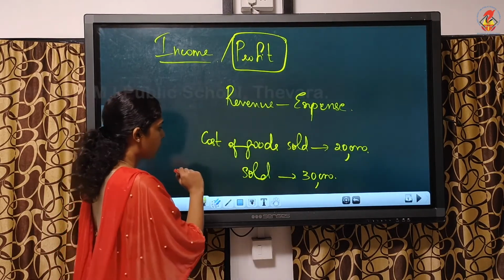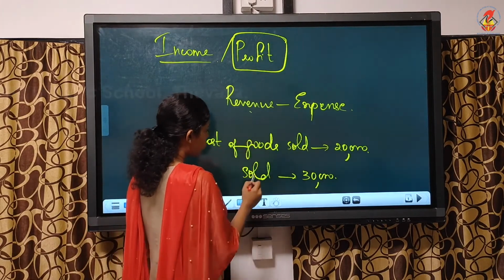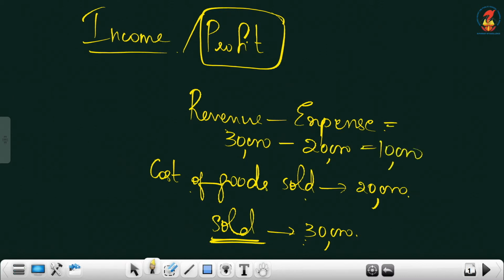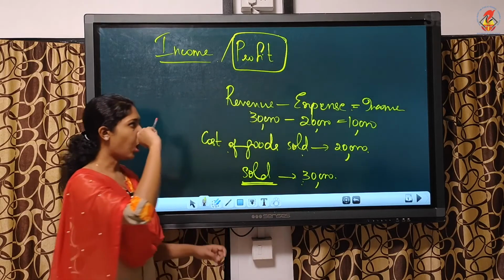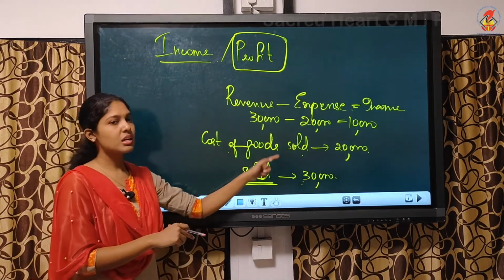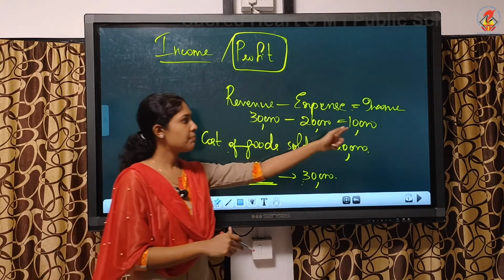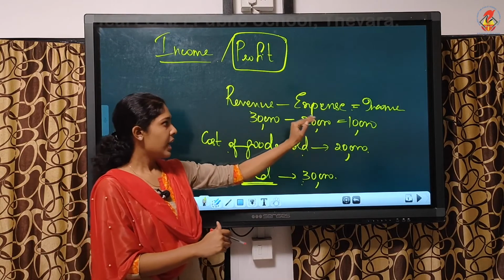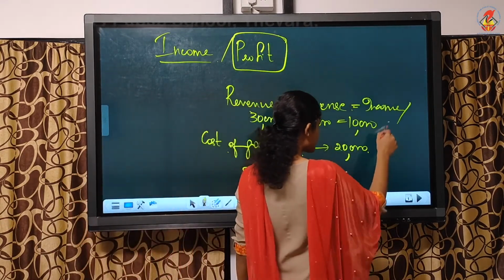We'll apply this in the equation now. Here what is revenue? This sale value 30,000 is called revenue. Expense means this cost of 20,000. So what's the difference we are getting? 10,000, and this is called income. So I hope now you have understood the meaning of revenue and income, the difference. Revenue means it is the complete sale value. Income means it is the difference between the revenue and expense, and income we can call it profit also,